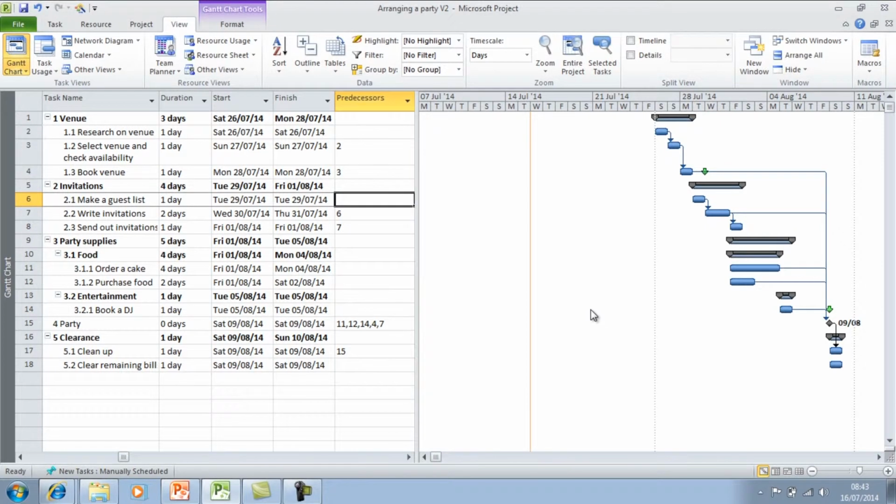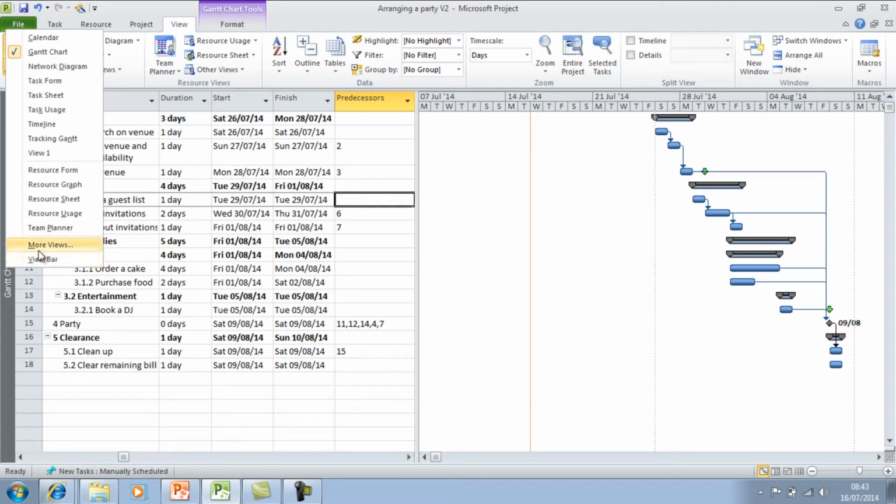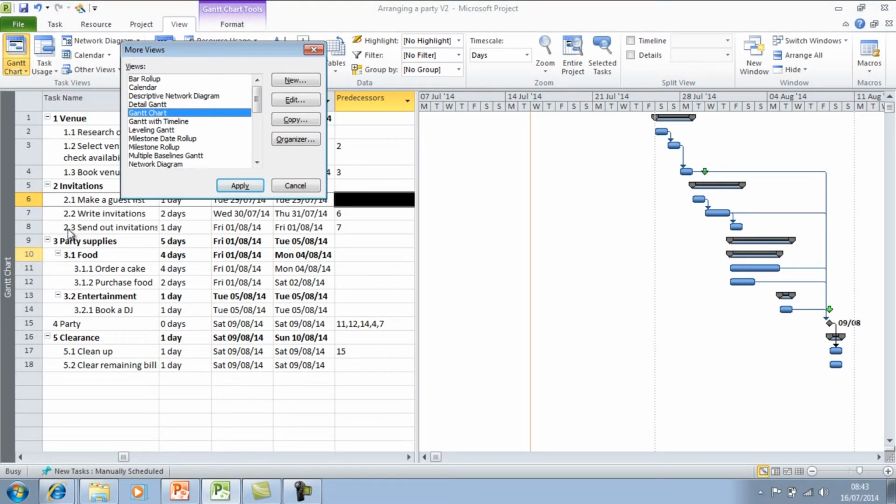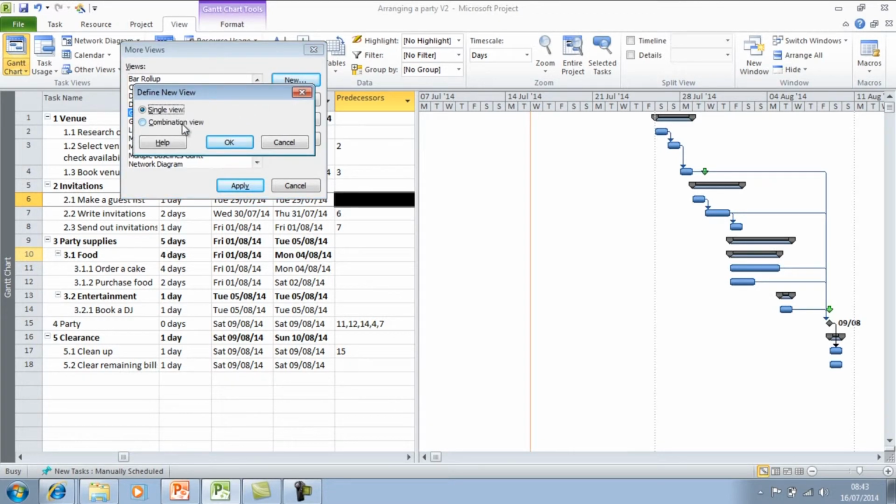In Microsoft Project, you can display a single view or a combination of views, and currently this is a single view of the Gantt chart. But to change the combination, if I go over here to the Gantt chart, and if I right click and select more views, and if I go into New, I can select Combination View